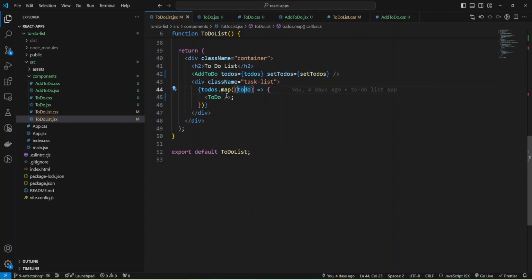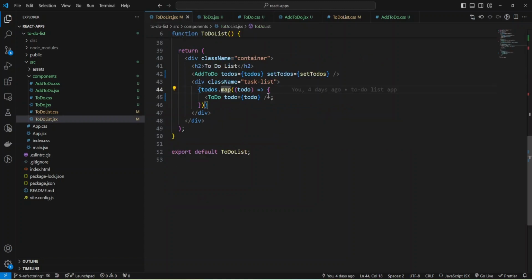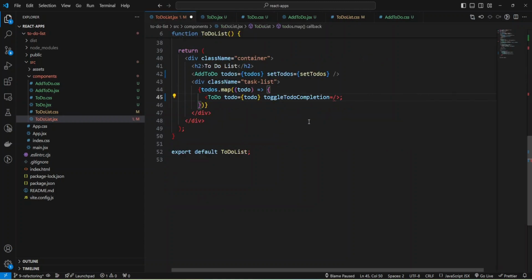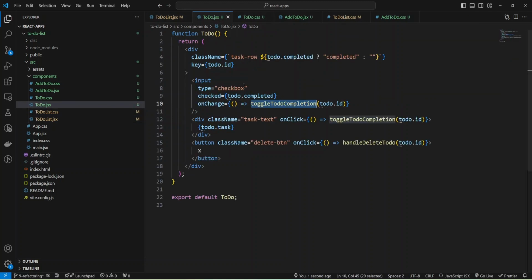We definitely will need todo from map. Let's check what we have also. We have this toggle completion function and handleDeleteTodo that will change the todo state. And the next function will be handleDeleteTodo.